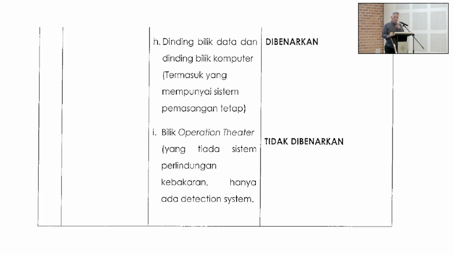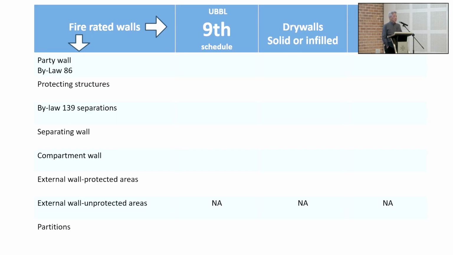Data rooms and computer rooms, like I mentioned earlier, fall within the same general risk as the office area. You may use drywalls. Operation theaters, particularly in hospitals, you cannot use drywalls. Again, we won't want to challenge it. We'll just accept it. So, in summary,